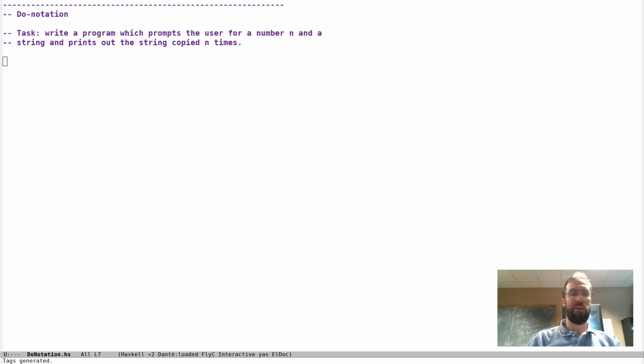So as promised, I want to tell you about this do notation, which makes writing code with monads much nicer in many cases. As an example, let's suppose we have this task. We want to write a program that prompts the user for a number, and then prompts them for a string, and then prints out their string n times. Obviously this is not super interesting or realistic, but it'll be a nice small example to see how do notation